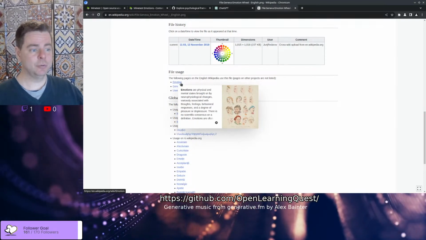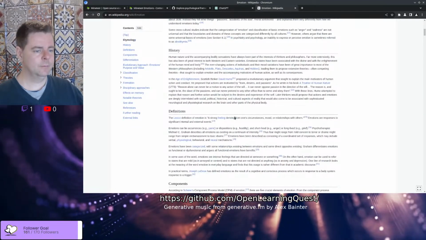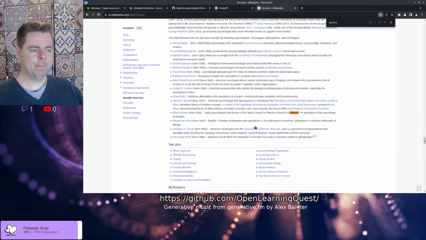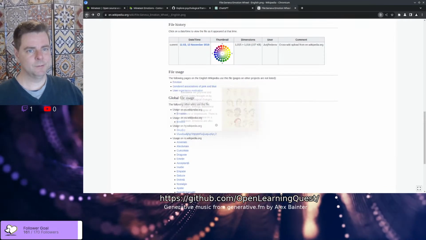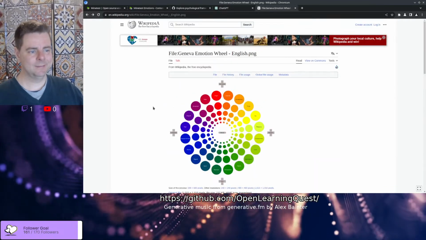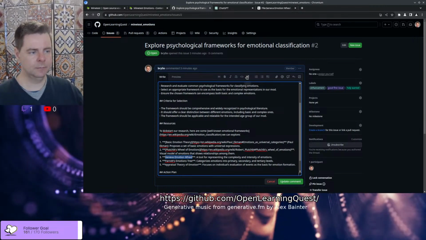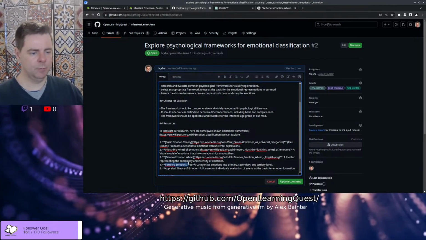It's used in emotion. So I can link to the image. Parrot's emotion tree.